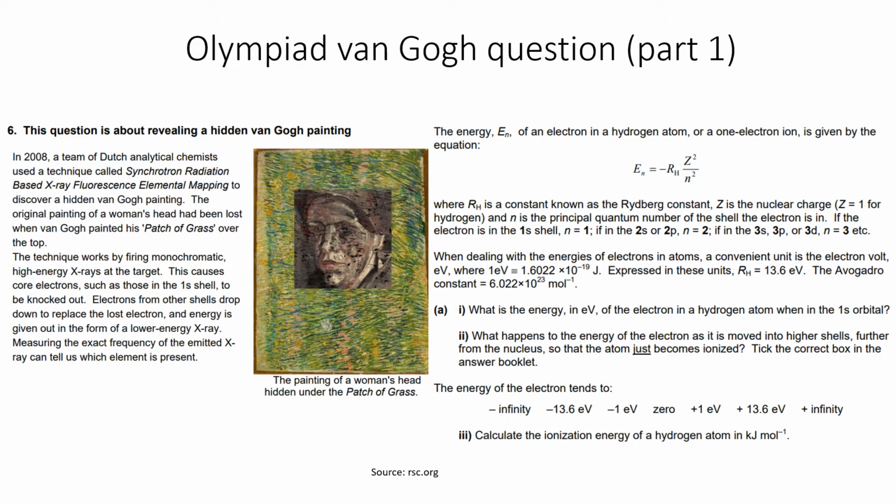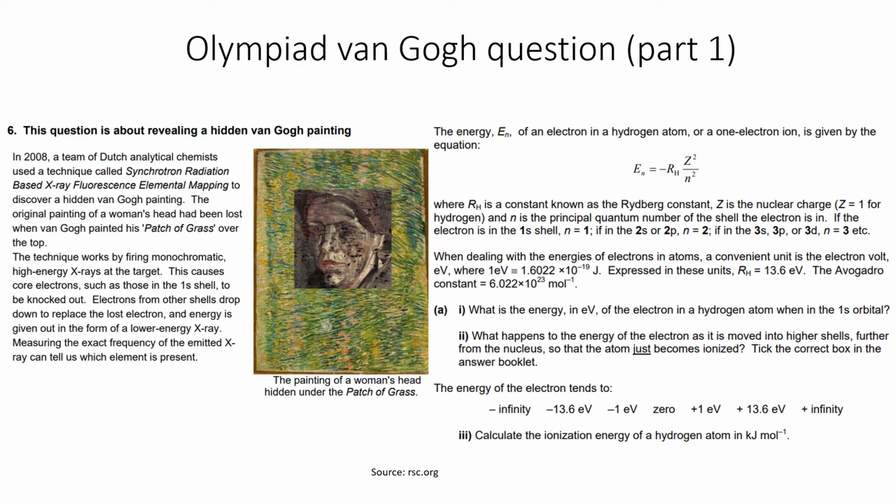So a lovely context. The question starts off looking just at the hydrogen atom, the Rydberg equation we're familiar with there. So we're just looking here at the electrons in their shells, identified by the shell quantum number n. And then the question goes on to ask about the energy of an electron in hydrogen in electron volts. And so there we can see from the equation it's going to be a negative number, and so it's going to be